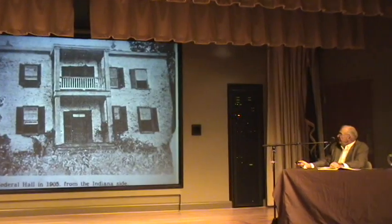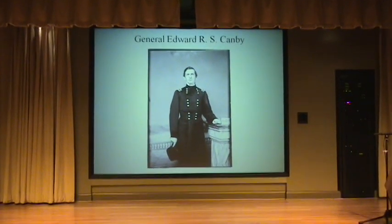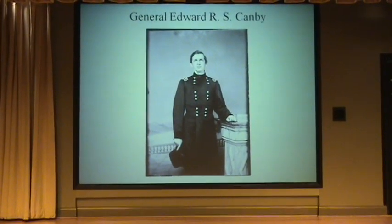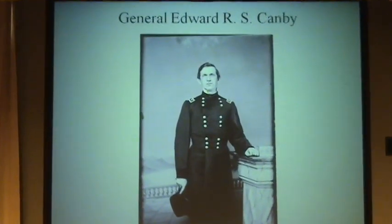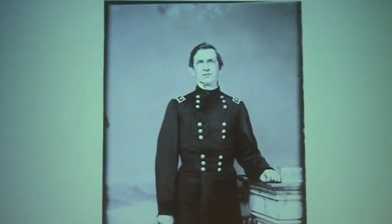Okay, let's move on. There, another picture. Oh, now, perhaps when we get down to our illustrious sons from Boone County, we come to General Edward Richard Spriggs Canby. His mother was Elizabeth Piatt. His mother was a sister to Robert Piatt,